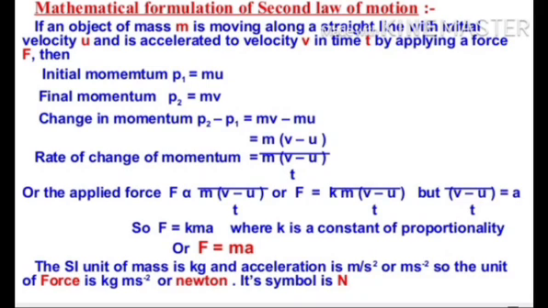It states that the force acting on a body is the product of the mass of the body and the acceleration of the body. The unit of force, you know, is Newton. 1 Newton of force is that much force which produces an acceleration of 1 meter per second square in a body of mass 1 kilogram. So 1 Newton is equal to 1 kg meter per second square.